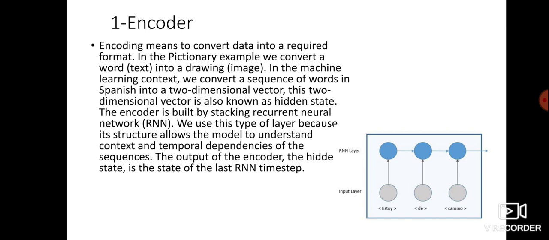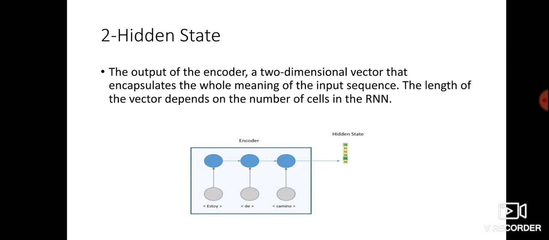The encoder is built by stacking recurrent neural networks. We use this type of layer because its structure allows the model to understand context and temporal dependencies of the sequence. The output of the encoder, the hidden state, is the state of the last RNN time step. Hidden state. The output of the encoder, a two-dimensional vector that encapsulates the whole meaning of the input sequence. The length of the vector depends on the number of cells in the